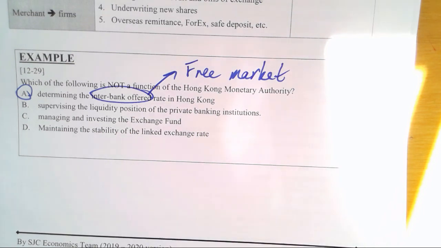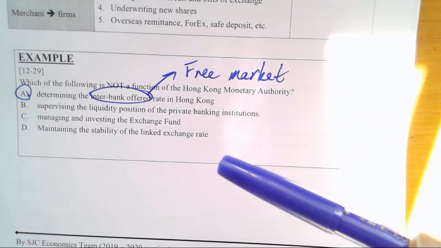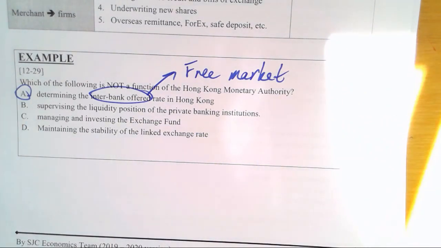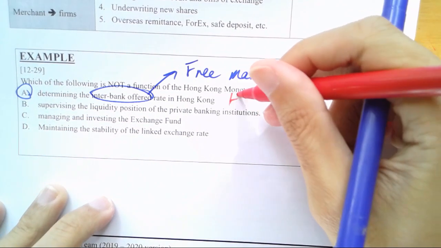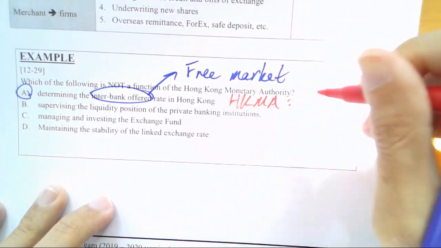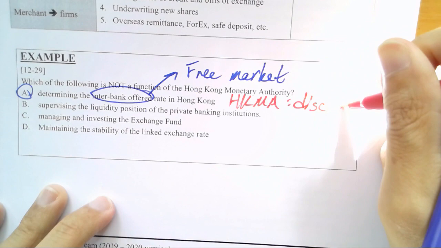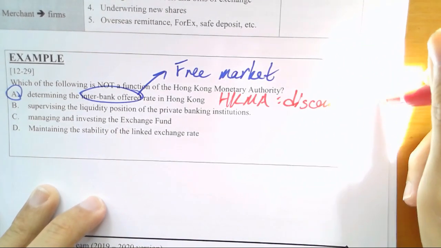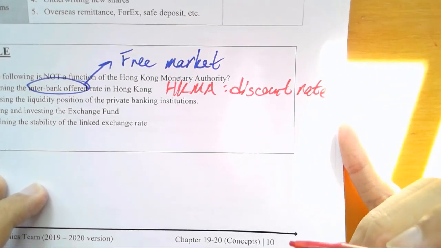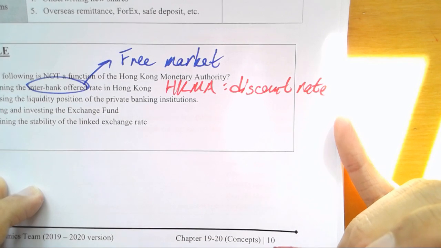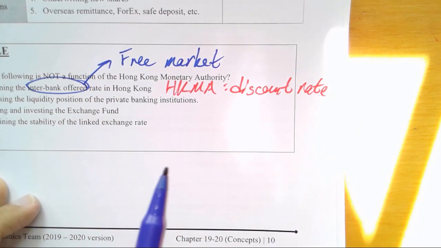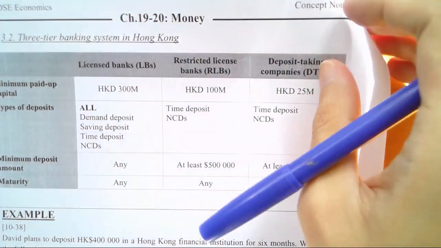HKMA do not interfere. Okay, 係咪佢自己去定啊？Okay, what does HKMA determine? They only, okay, HKMA only determines the discount rate, not the interbank rate. 佢淨係睇 discount rate 嘅啫。哇，咩啊？They only determine the discount rate, not the interbank rate. Okay, now others I don't talk about，唔講啦，其他。